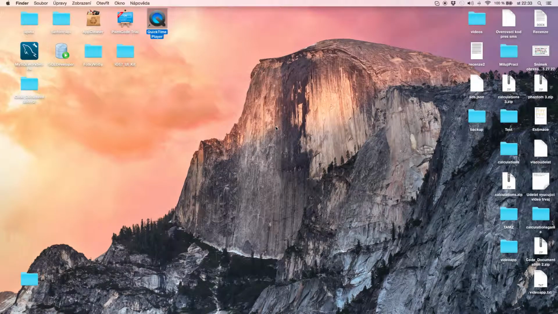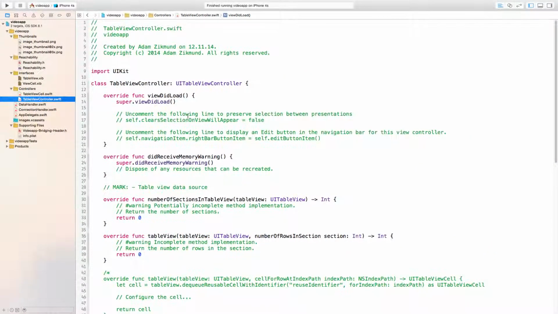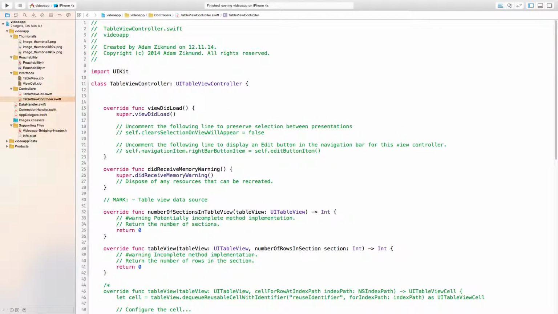Now, the last thing we need to do, as I said before, is to connect all the logic to our view controller, to fetch all the data and show it to the user, okay? So we will switch to the TableViewController and add a property in our code, an array of videos, okay? It will be an array of any objects, okay,